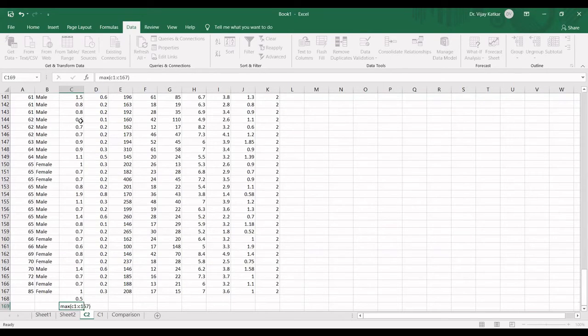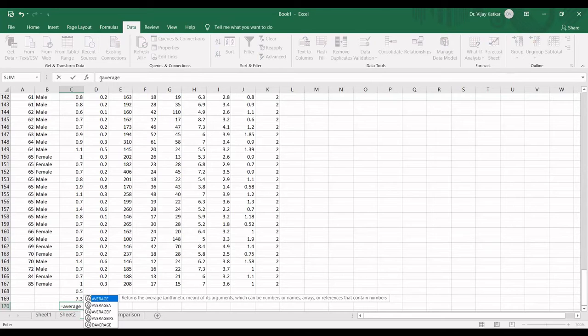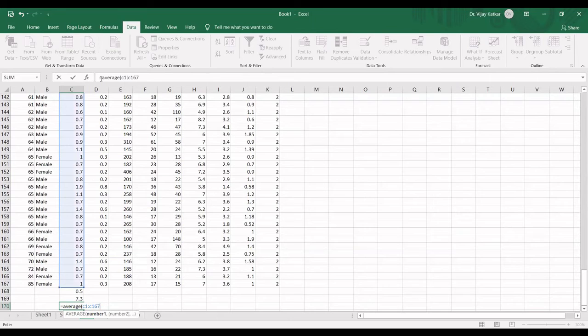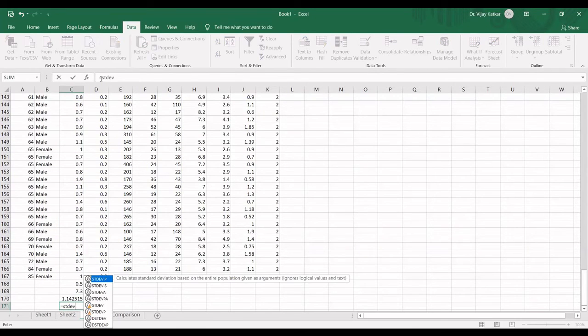Then the average, C1 colon C167, and then you can calculate the standard deviation.